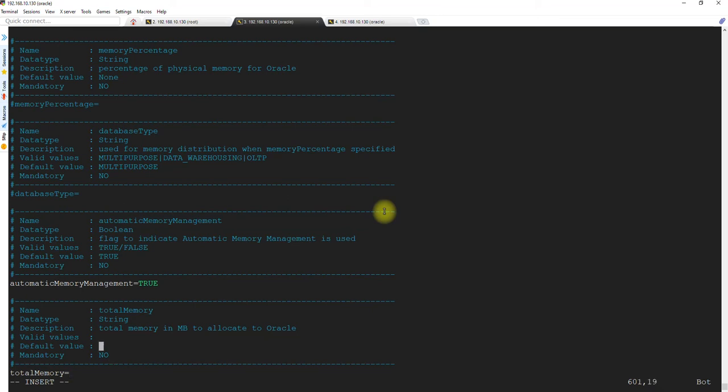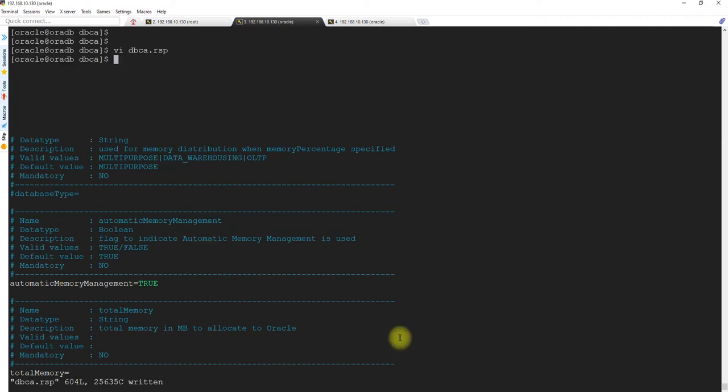Automatic memory management is also not mandatory, but we will check it. Let's see how it goes. Okay. So we will save the file,